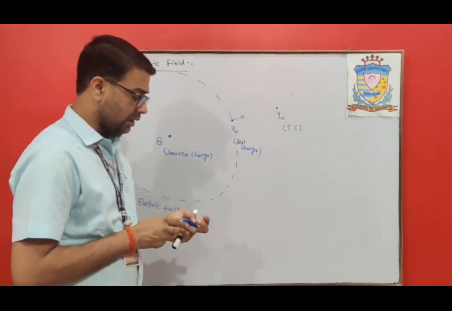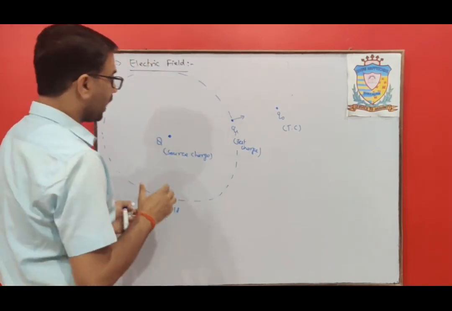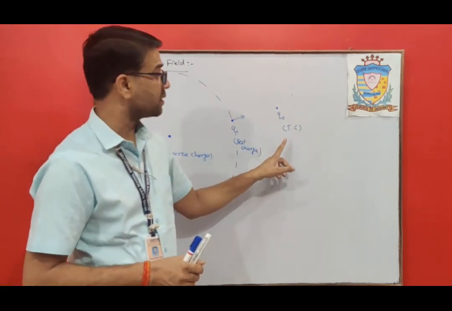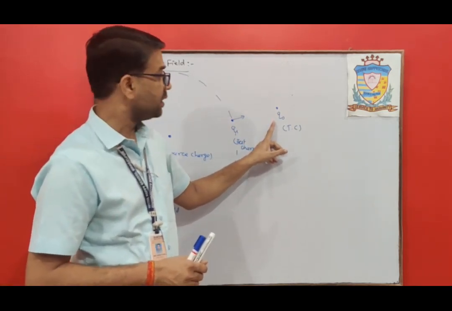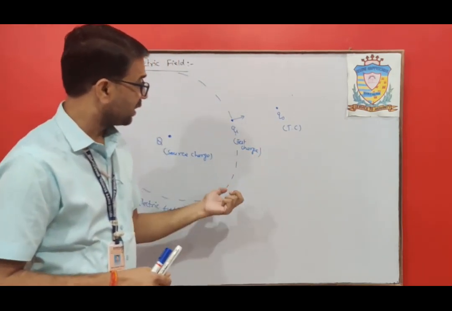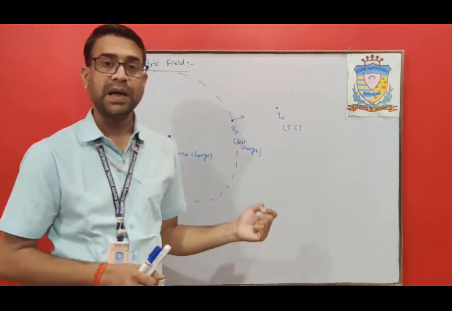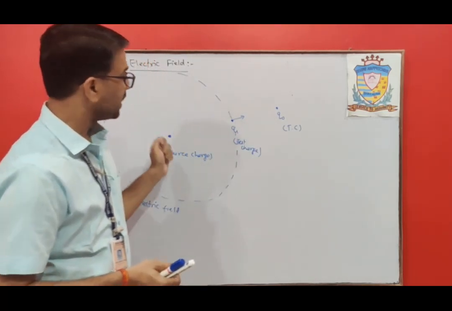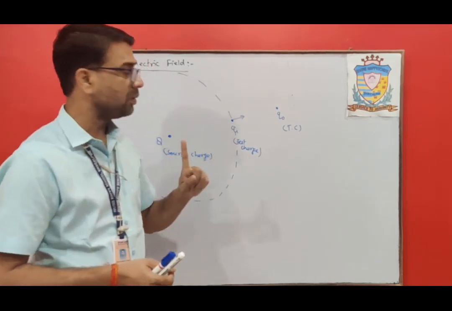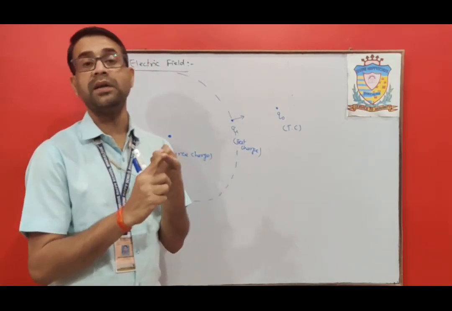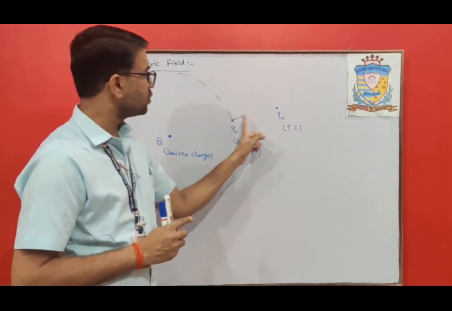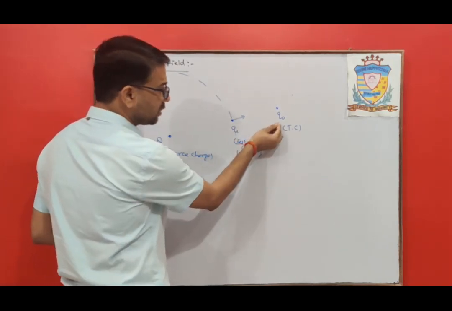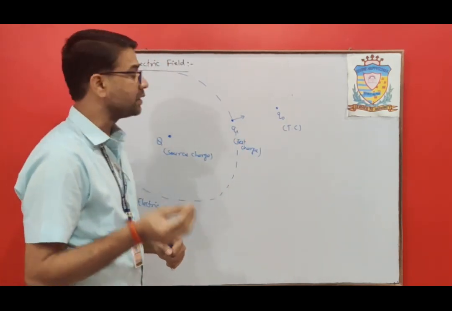Now the question is, why is it called a test charge, and why is it called a source charge? In this case, the test charge must be very, very small. The reason is that if it has a greater value of charge, then it will create its own electric field. One property of electric fields is that two electric fields never intersect each other. In that case these two would repel each other, so for that purpose the test charge must be very, very small.